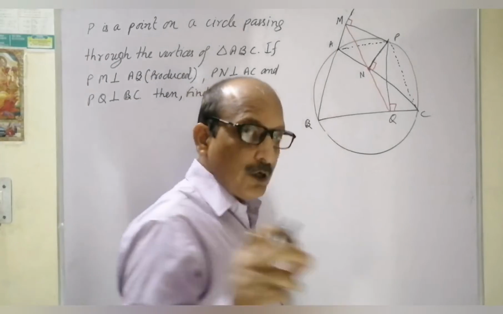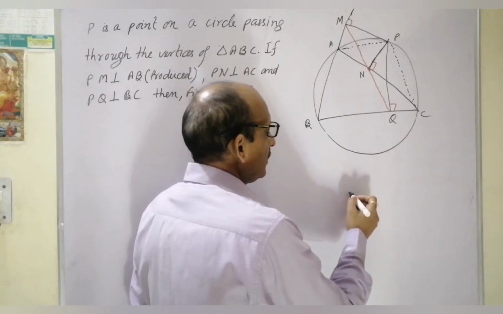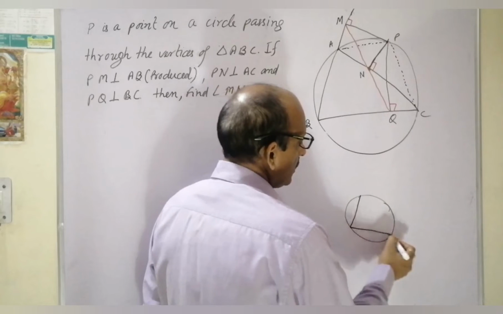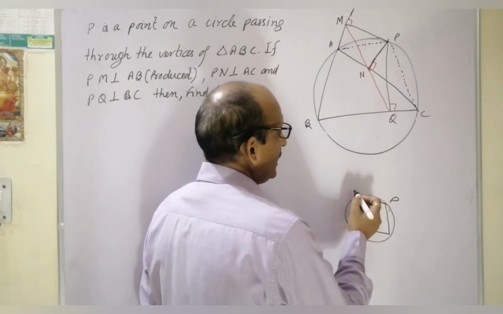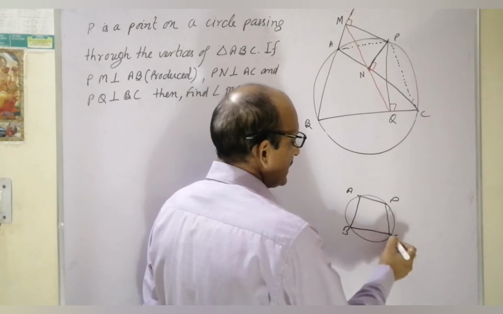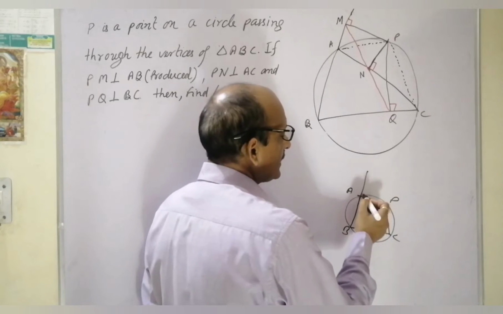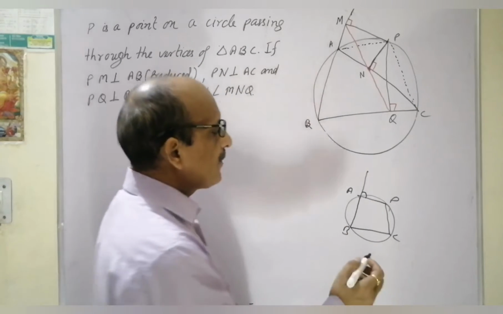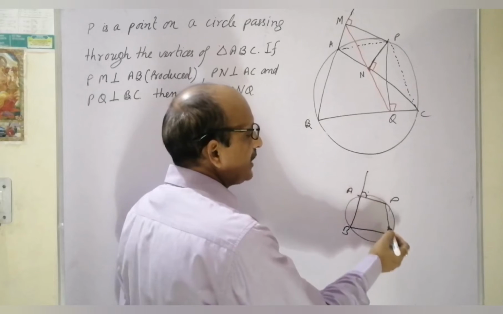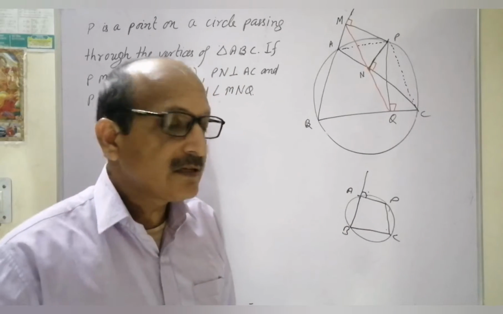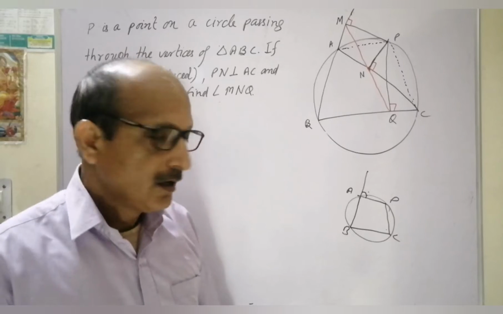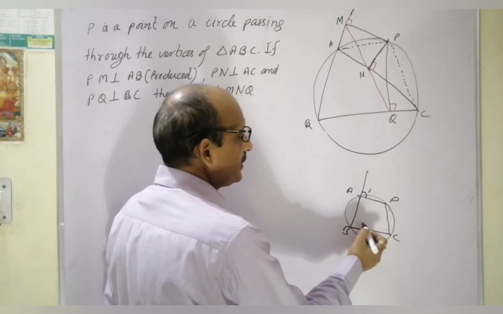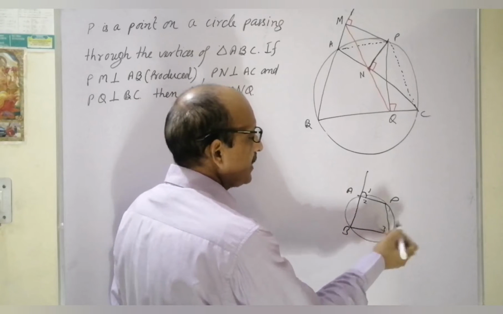Let's see one property that I am going to use. Take a circle with points P, A, B, C. If a side is produced, then this angle is known as the exterior angle of the cyclic quadrilateral. The property known to us is that the exterior angle of a cyclic quadrilateral is always equal to the opposite interior angle. How to prove it? I will go shortly to prove it. Let this angle be 1, this be 2, and this angle be 3.